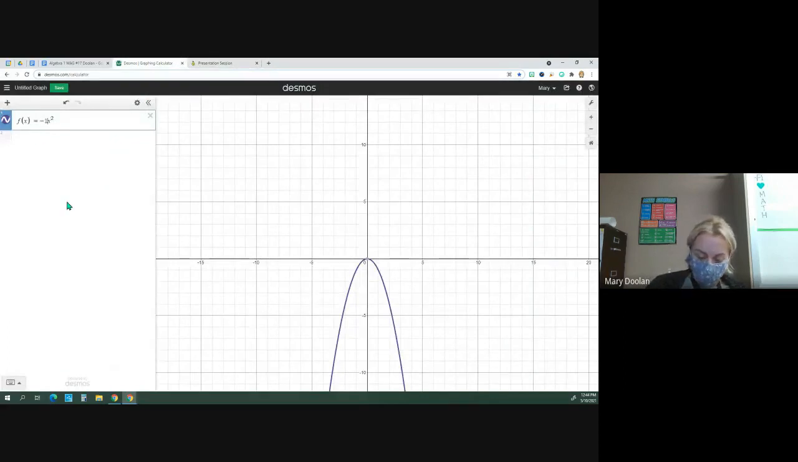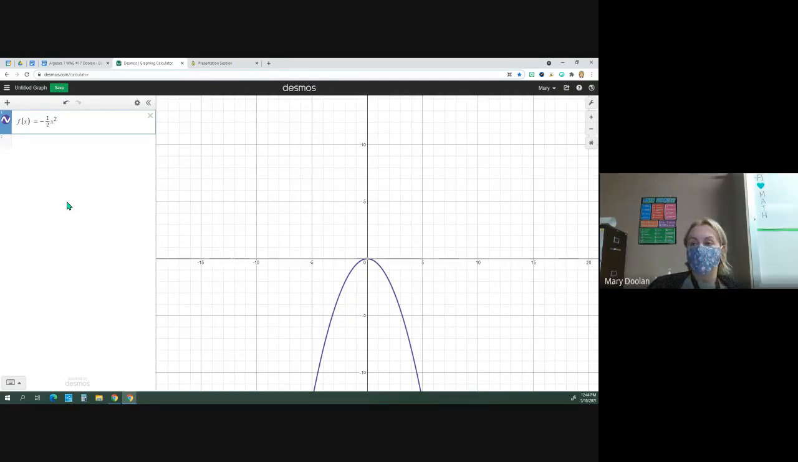Like -1/2. It got compressed. Or -1/20 got even more compressed. Or -1/200, even more. Okay, so these are graphs of